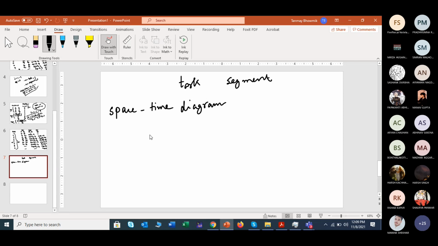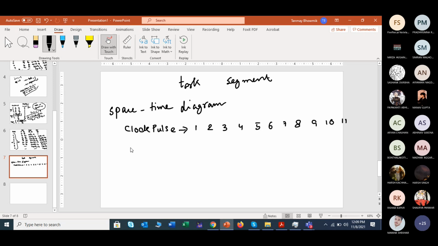Okay, how? Let me write that in this direction. In this horizontal direction, we will keep the clock pulses. So what are the clock pulses? Say first clock pulse, second clock pulse, third clock pulse, fourth clock pulse. You can just write it according to your requirement. I will again take the same example, where we will use the clock pulse numbers like this. Now you will keep your segments vertically, right?